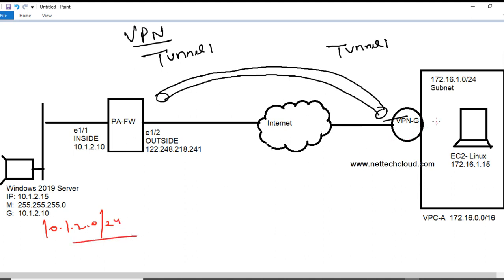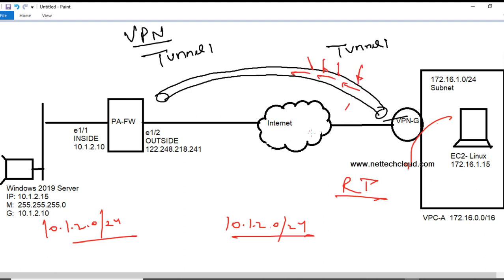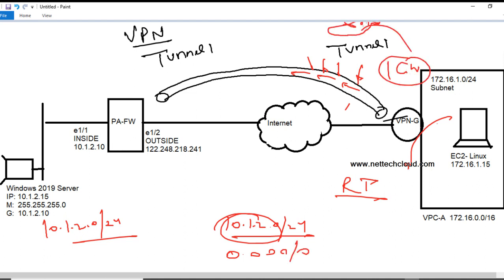So here in the routing table, I need to put a route. In order to reach this, the packet needs to be put inside this tunnel, right? So for this network only. For all other traffic, 0.0.0.0, internet gateway, and the gateway connects to internet. So now this routing table needs to be modified.